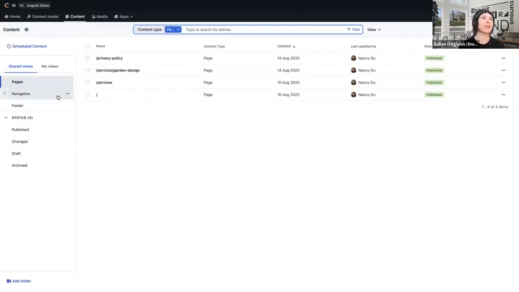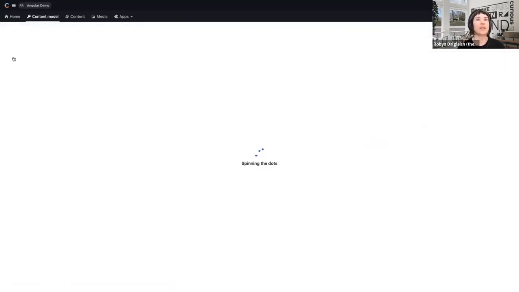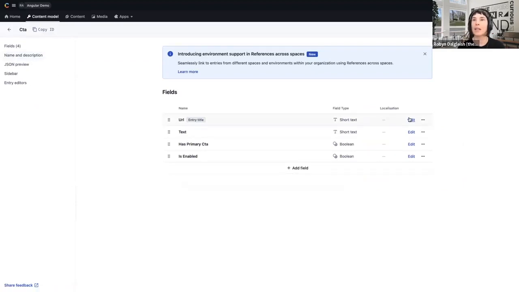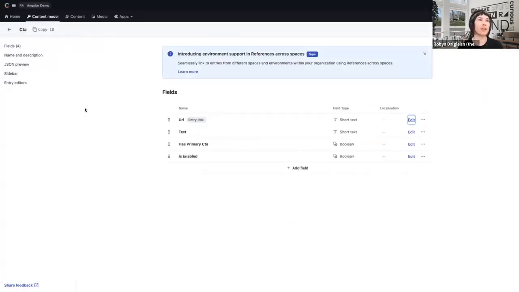So if we go here, this is our Contentful GUI. Of note here, and super important, is the content model. These are the little pieces that are mapped directly to components in our component library. We've got those listed here. If we were to click on an example, like CTA, and edit this, this field URL is what you would need to directly link to in your component library, and then your link to content. So if we go back,